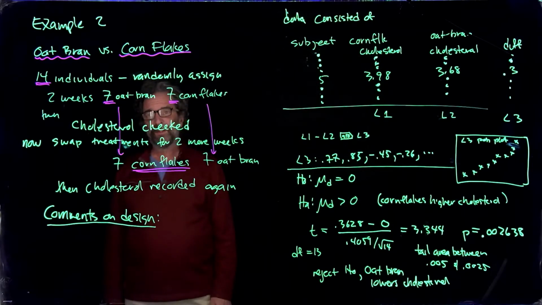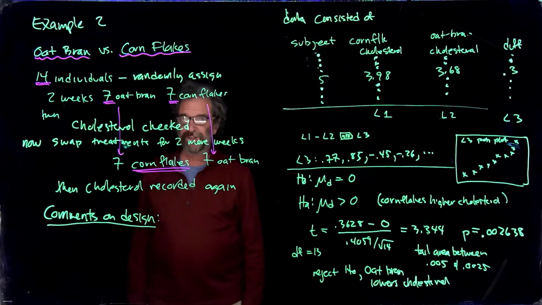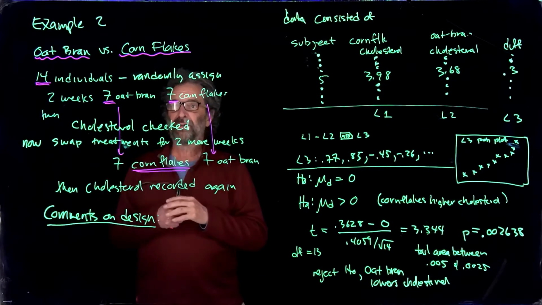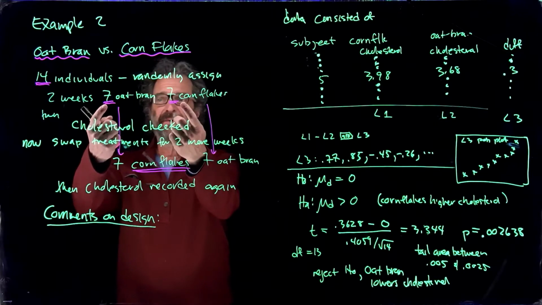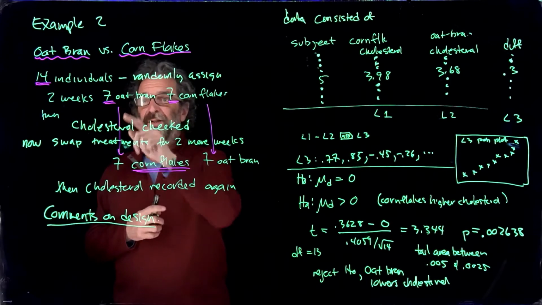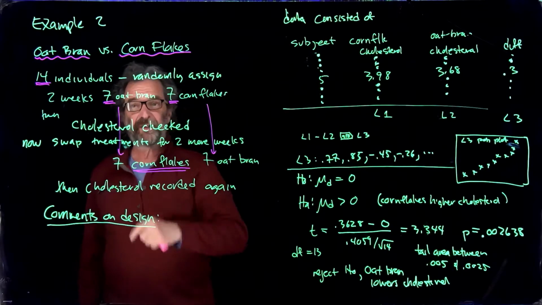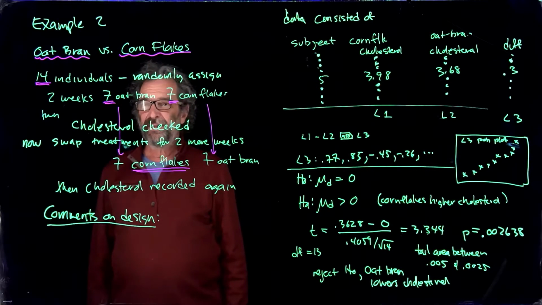So you can see what we're doing here, right? So we would like to just compare oat bran to cornflakes. We could just randomly assign them for 2 weeks, but then we'd be comparing people that had initially different cholesterol levels, so that's no good. So we want to somehow, each person should experience oat bran and cornflakes, like that. And then we're going to randomly assign them because